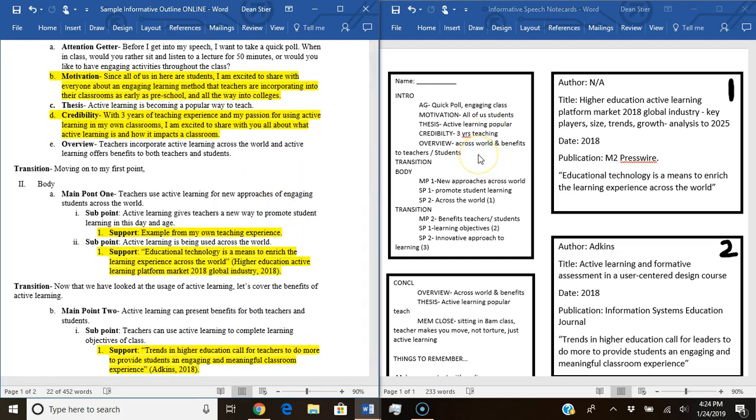Teachers use active learning for new approaches of engaging students all across the world. First off, active learning gives teachers a new way to promote student learning in this day and age. For example, with my own teaching experience,